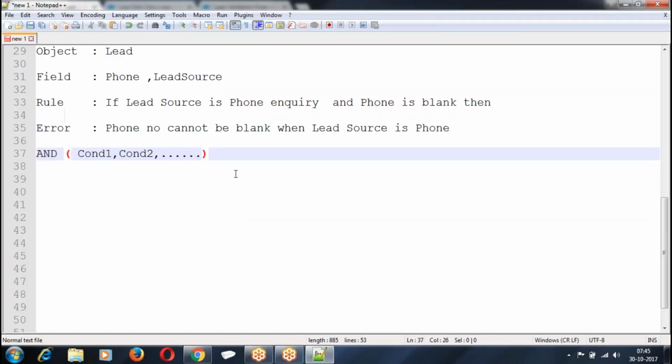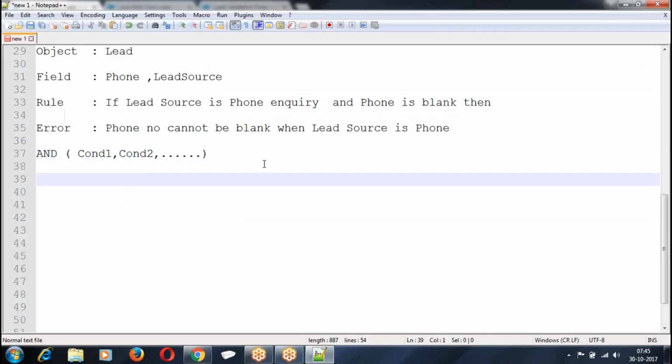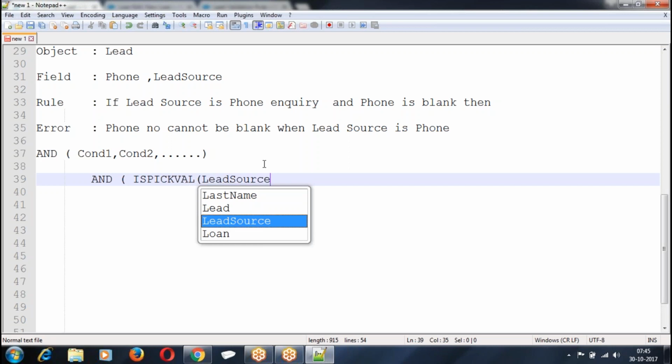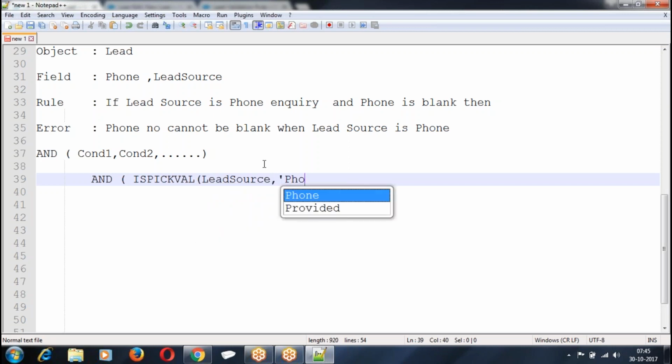What was the rule here? What is the condition we give? AND, is equal of lead source, it is a phone inquiry.